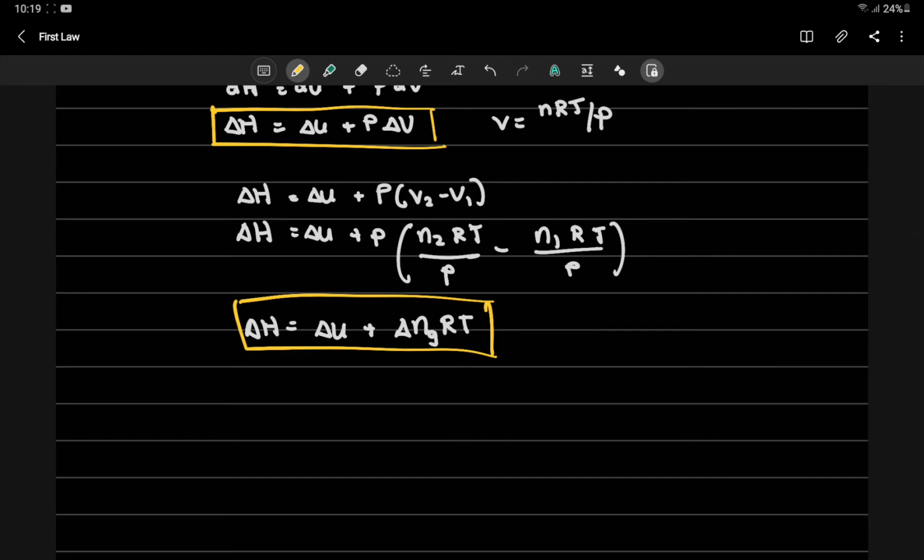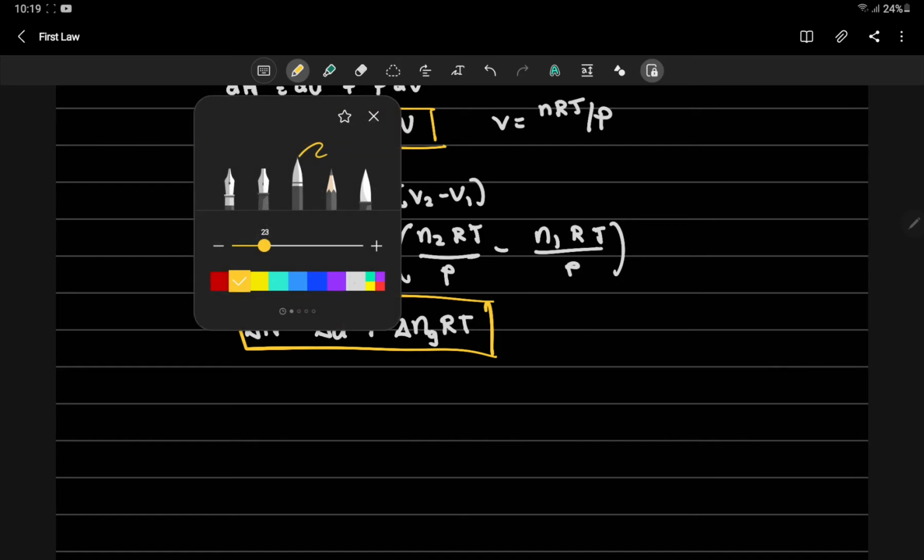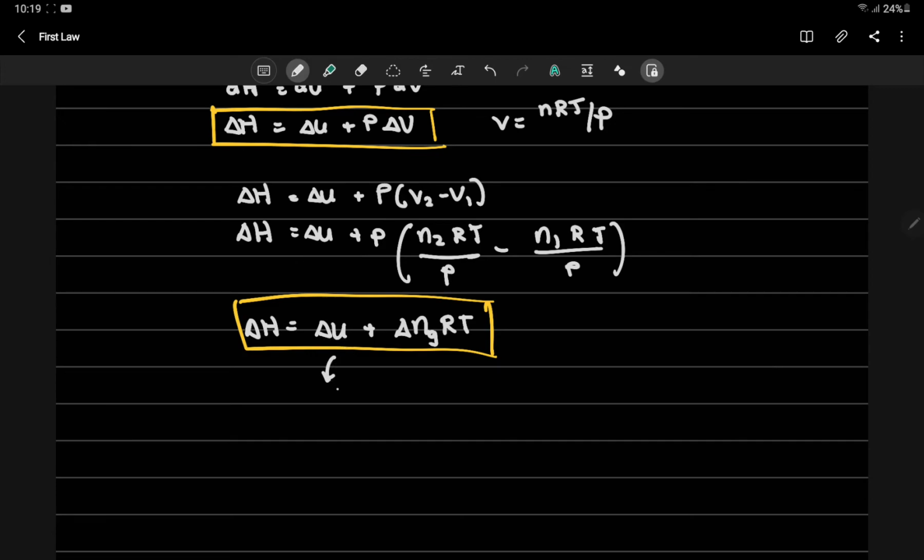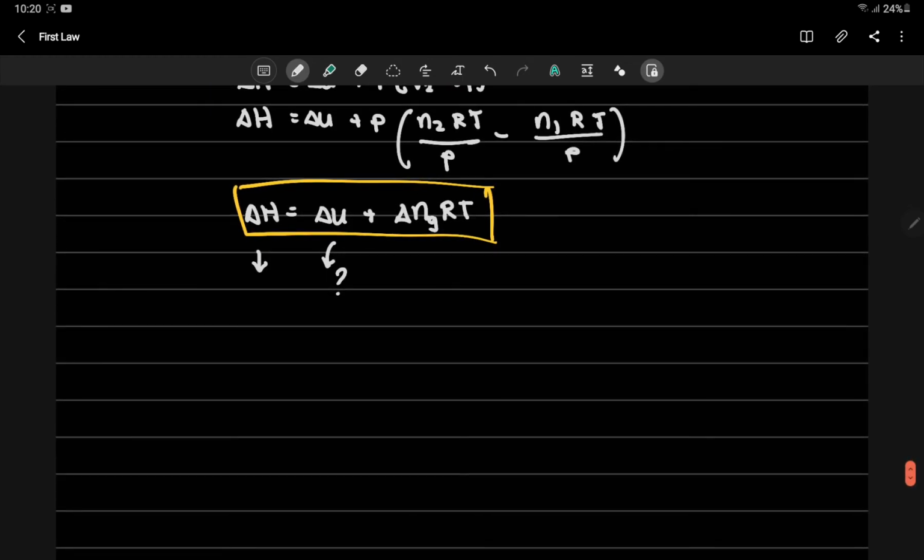Ang problema nga lang, how do you exactly determine yung delta U? Right? So sa delta U, paano yan? Saan natin hahanapin yan? Delta n_g RT, madaling kunin. But si delta U, how? Well, may mas magandang paraan para ma-solve natin si delta H or si change in enthalpy. And that is using yung tinatawag nating thermochemical equations, wherein, let's say you have a reaction A plus B